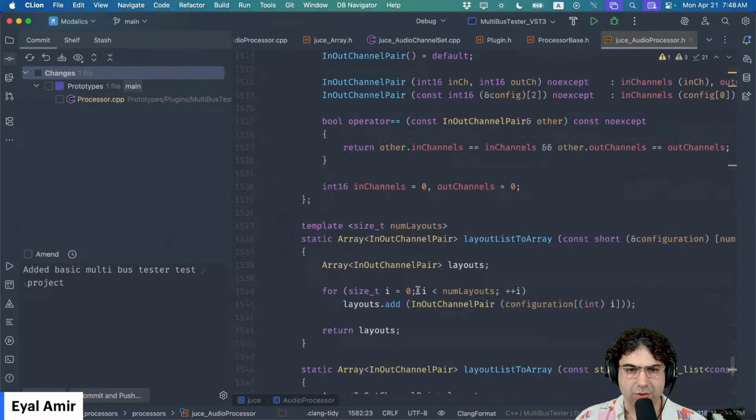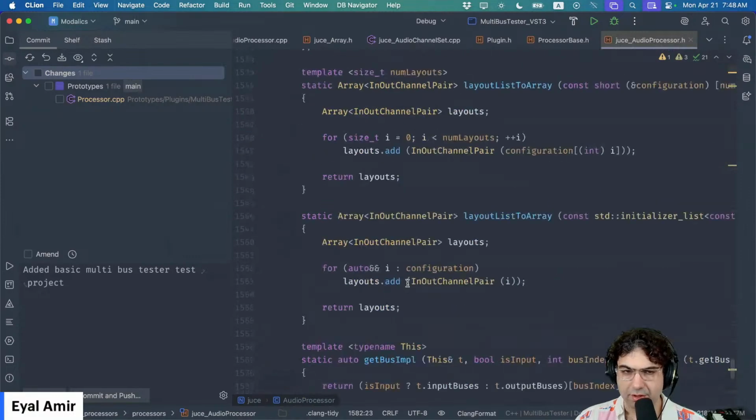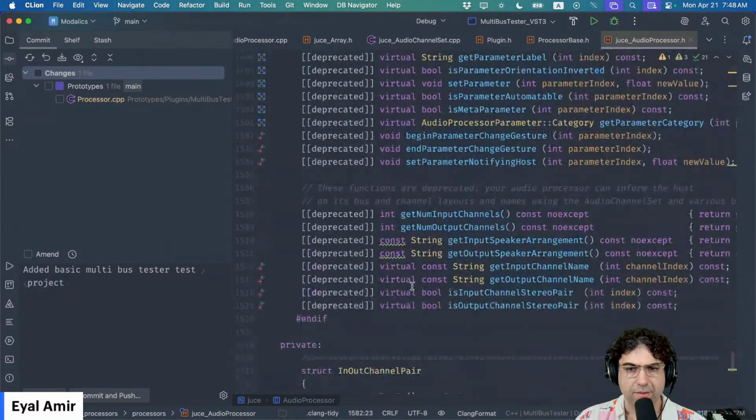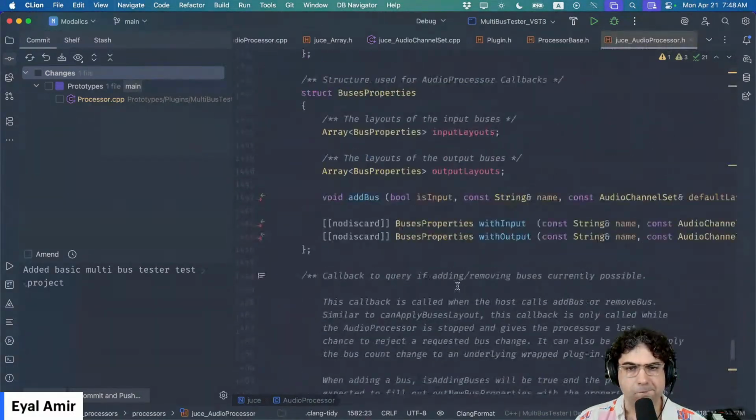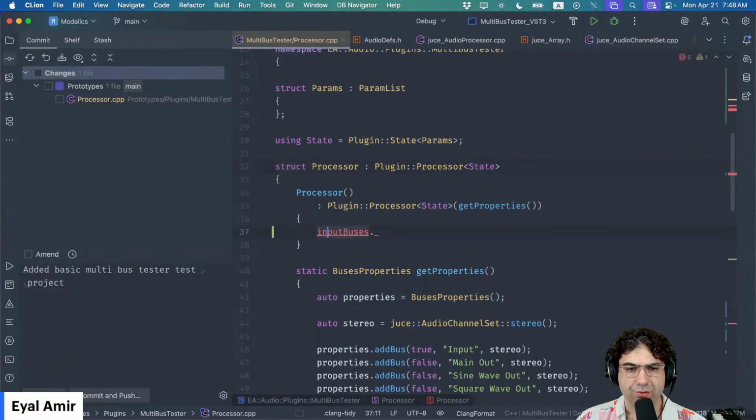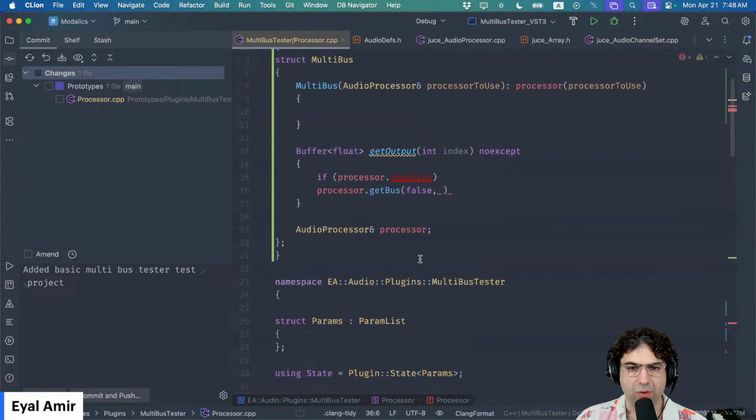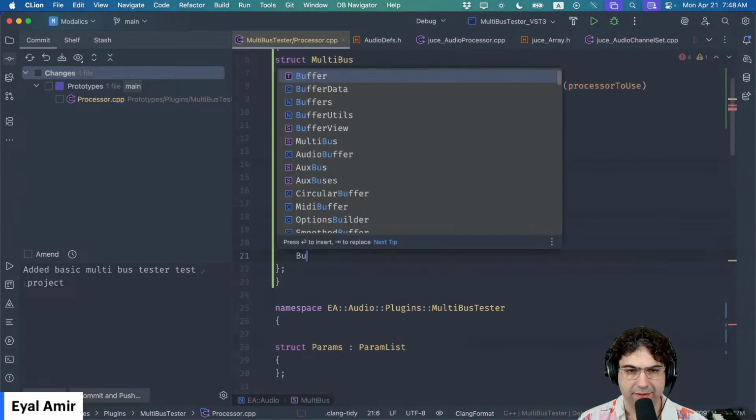Is that public or protected if I do this? No, right? It's not exposed to me. Okay, so I'll need to cache those somehow. So I would probably need something like a buses